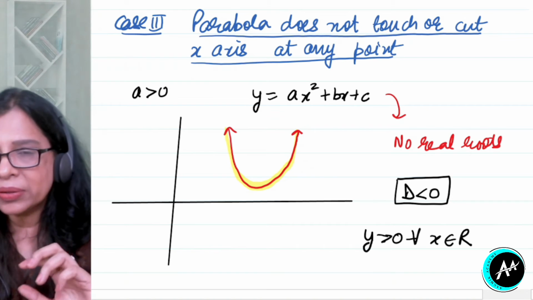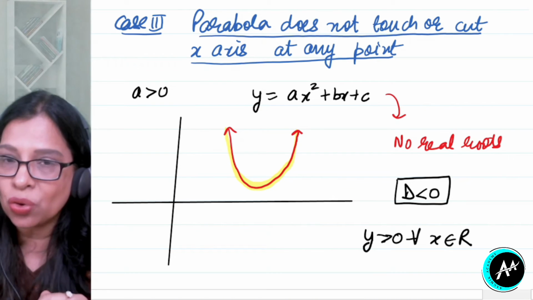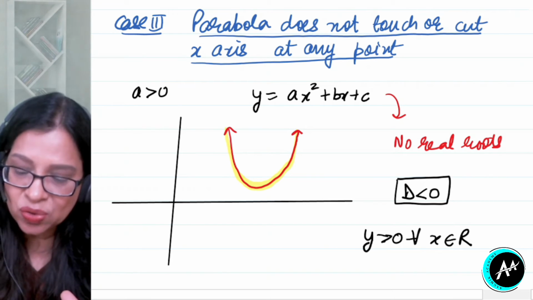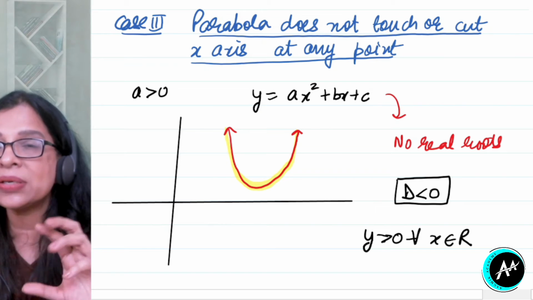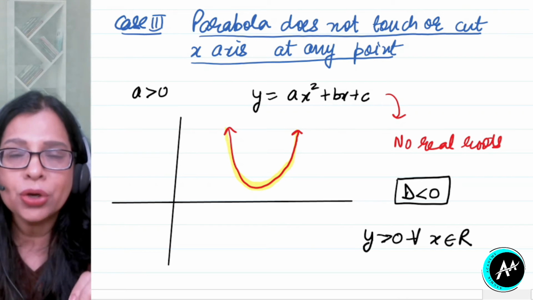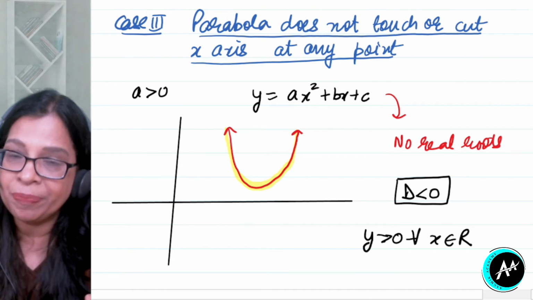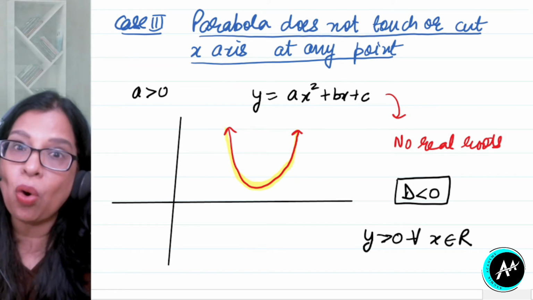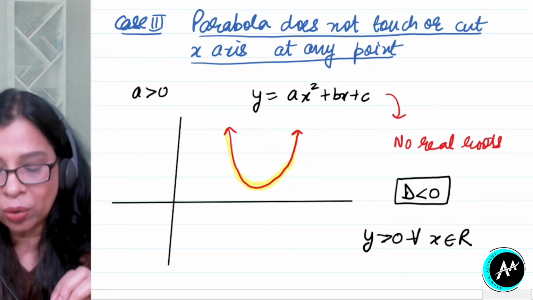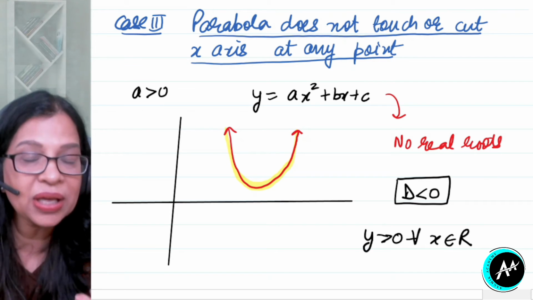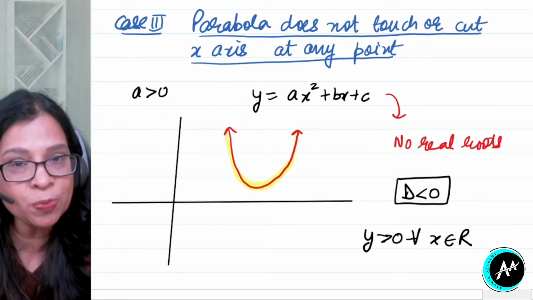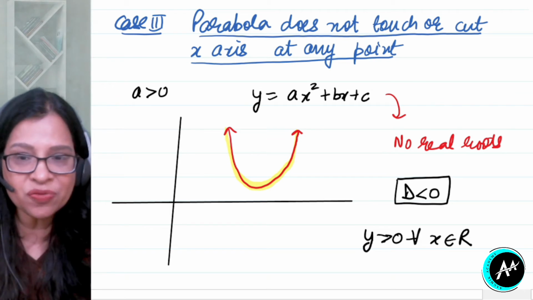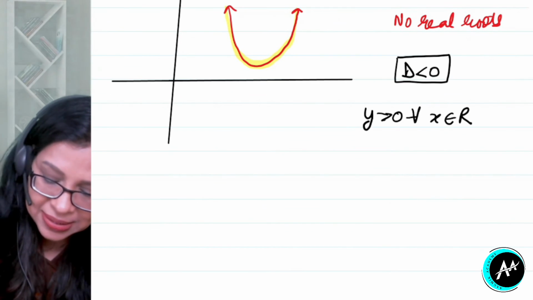Alright. Now this thing I am going to write as a note also, okay, in two different ways, but let me first of all do its second case also when a is negative, okay, because case 3 is the most important one. You get maximum questions on case 3, and you will observe in calculus when you do application of derivatives especially, or when you do functions, we require this case 3 a lot of times. Ki when is a quadratic expression always positive, when it is always negative, okay. But as I said, let's first of all do case 2 when a is negative.